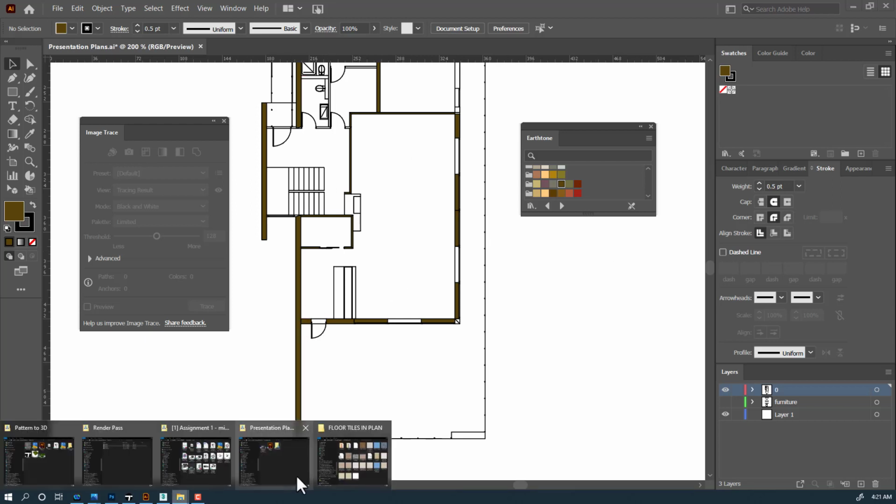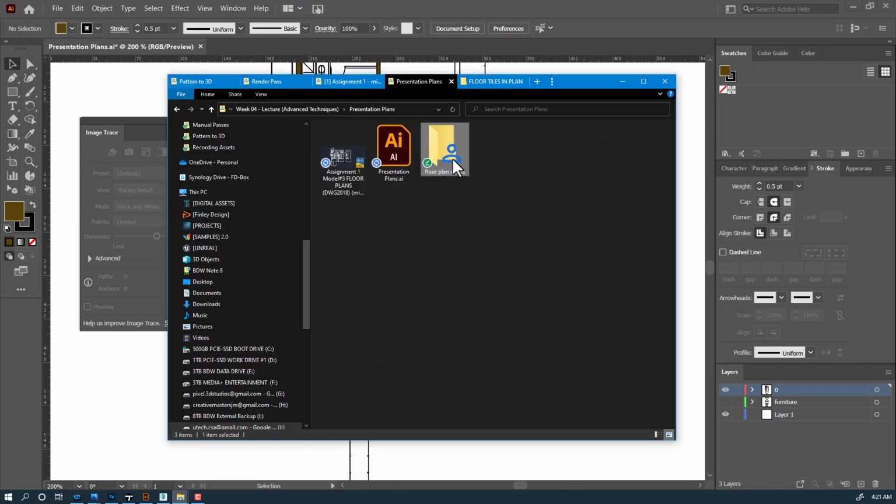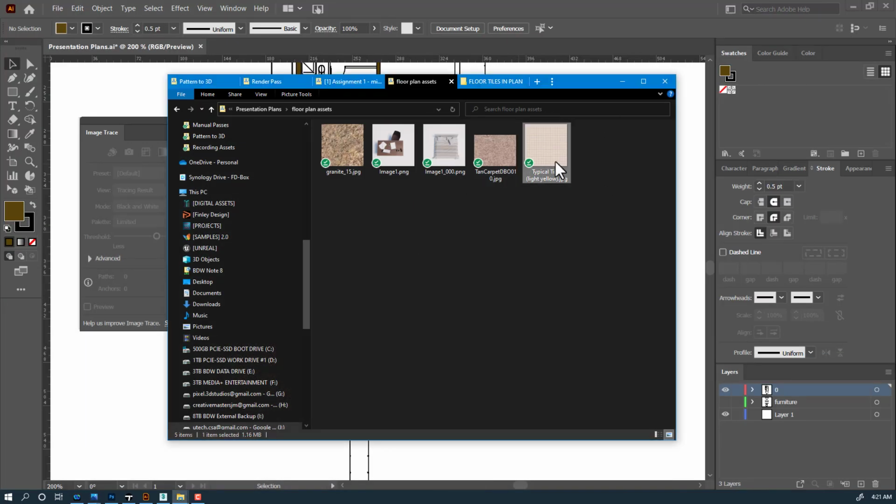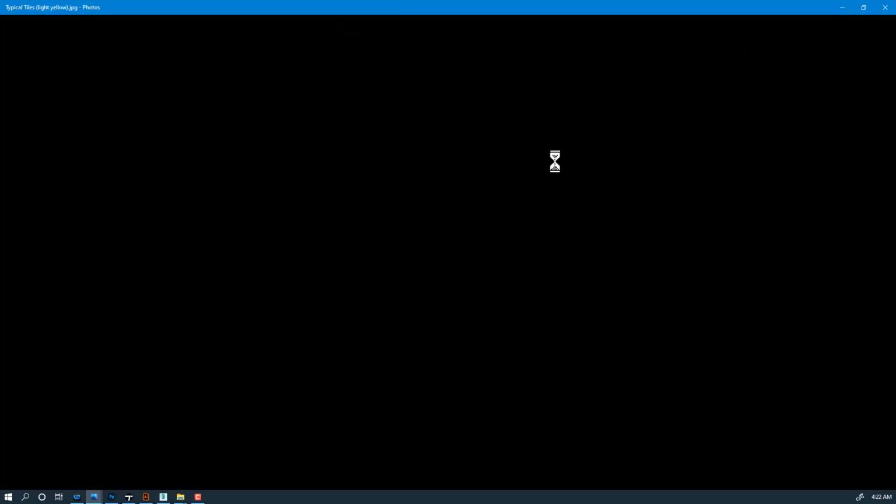So for example, if I go to some textures, and let's look at the carpet texture here, or a floor plan texture here,